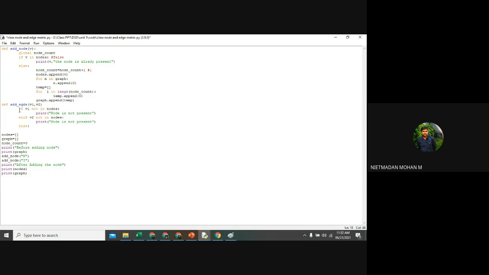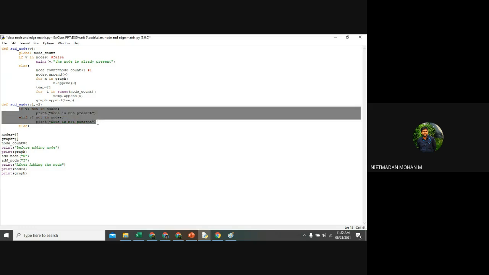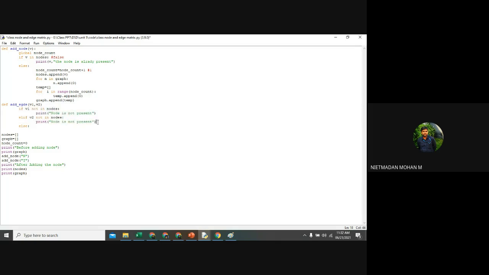What is this line? So we are checking the nodes. Yes, sir, edges. If I am calling the function add underscore edge, and I am giving this n comma I, then what will happen? It will create an edge between n and I, right?